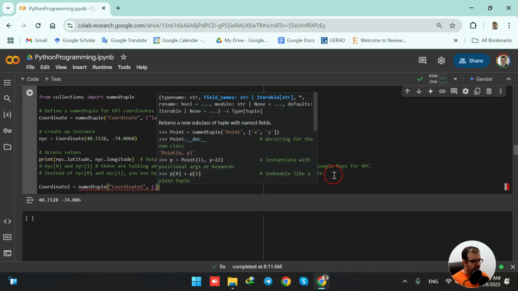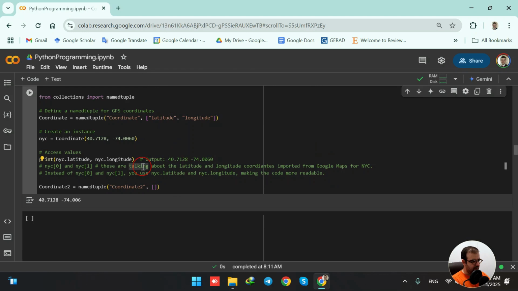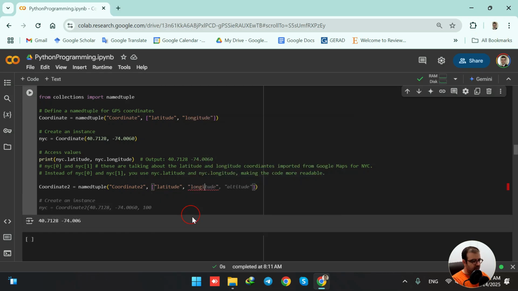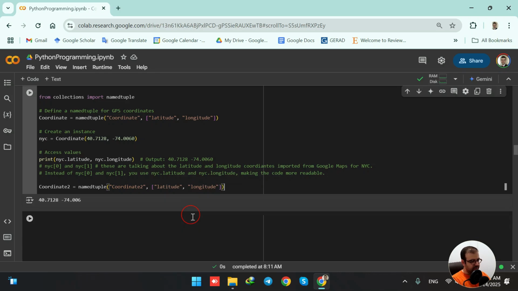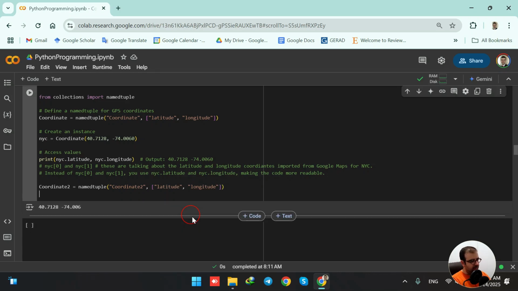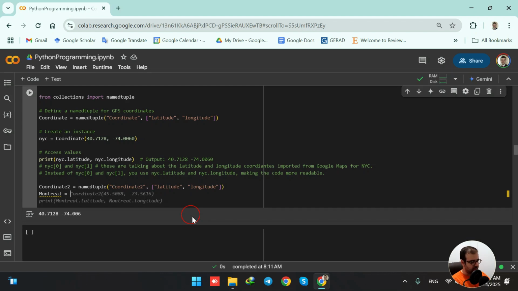Then we are having, for example, the latitude and longitude here. Okay, so this is another named tuple that we are defining for our GPS coordinates. And this time, when I want to create an instance of this coordinate, I, for example, type down Montreal. So we are going to talk about Montreal, and then we are having coordinate 2, and we can have